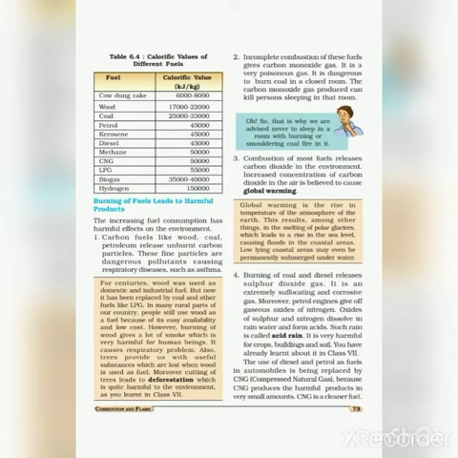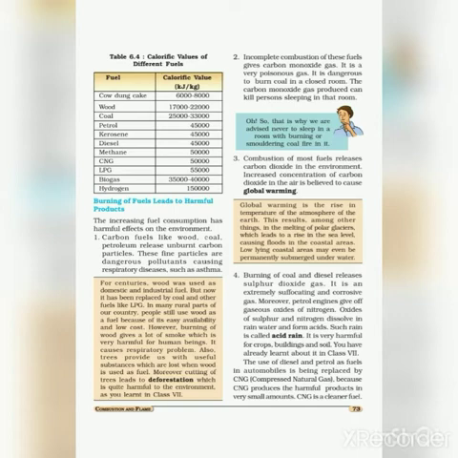The heat produced by burning fuel is used for domestic and industrial purposes. Now students, all fuels do not burn efficiently or produce the same amount of heat. So the efficiency of a fuel is expressed in terms of calorific value. How much heat will be produced by that fuel can be expressed in terms of calorific value. Now defining this, the amount of heat energy produced on complete combustion of 1 kg of fuel is called its calorific value. The calorific value of a fuel is expressed in a unit called kilojoules per kg.